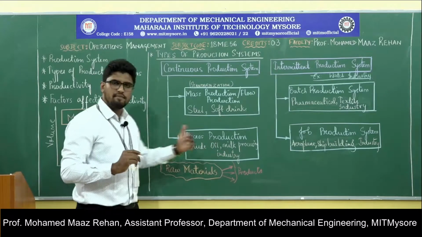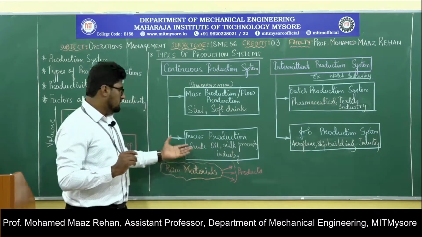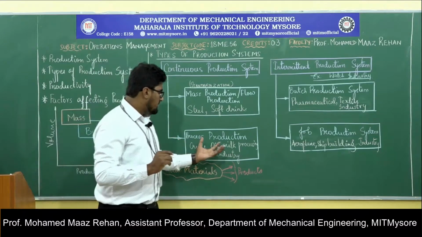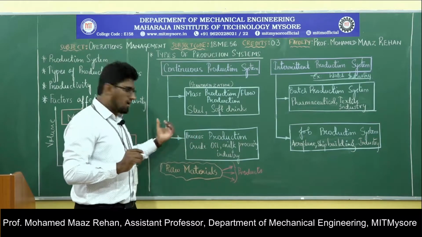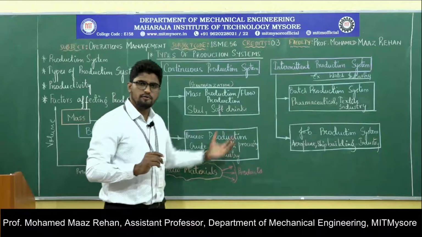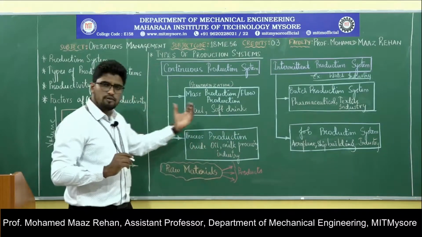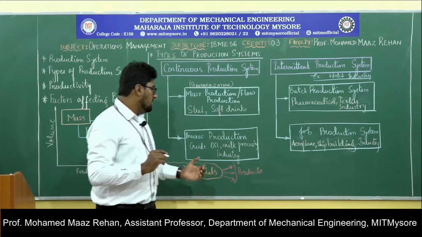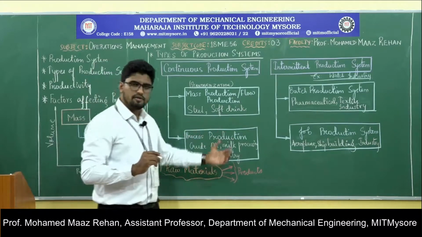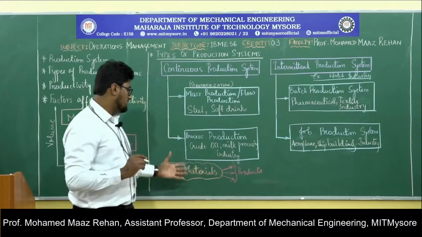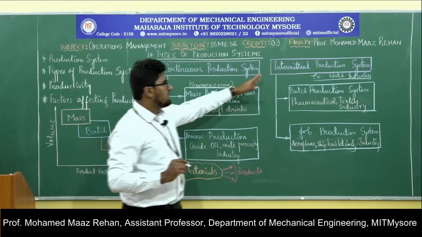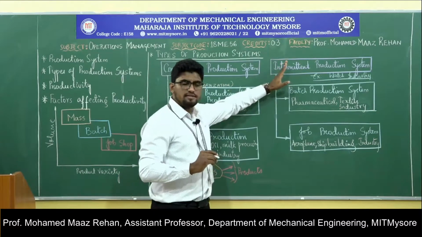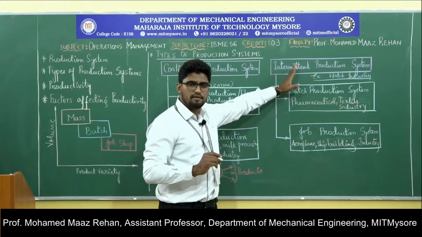We have different departments, different sections. We have a stitching section and a cutting section. The output of the cutting section will be the input for the stitching section. Again, the output of the stitching section will be the input for the packing section. We have different sections. So in the case of process production, again intermediate, it is not the standardized product we will get in intermediate.